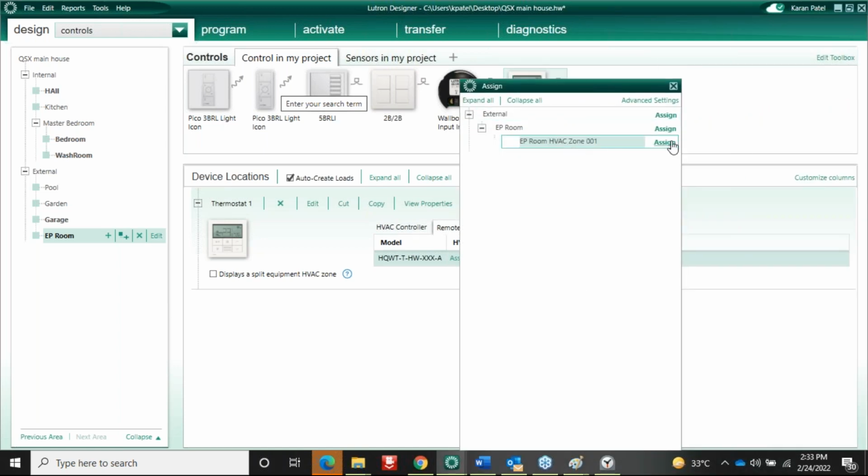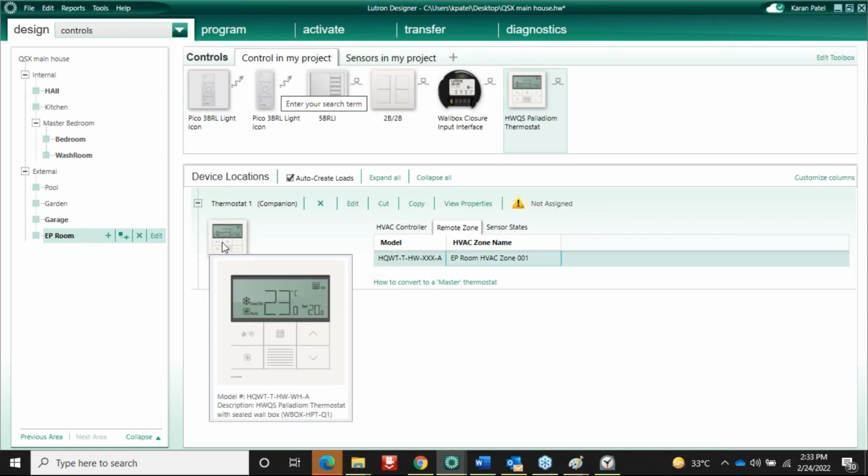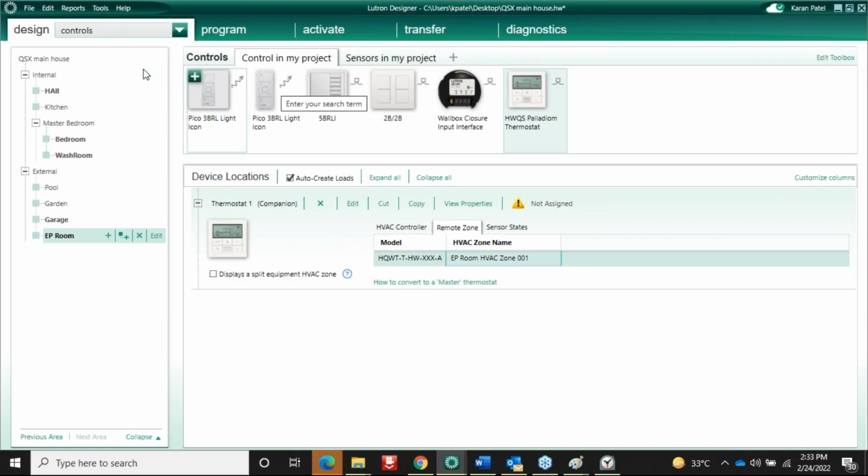So one Coolmaster zone for HVAC I have added here. So now it's added. Whatever AC you have in the electrical panel room will be controlled by this thermostat. So you have linked this thermostat to EP zone number 1. Similarly, if you want to have more zones,